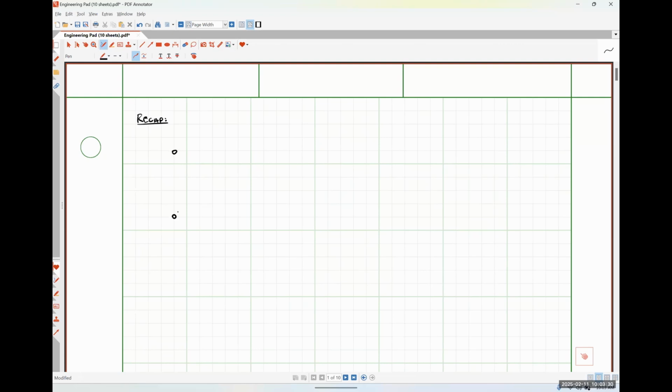Here were our terminals of our motor, across which we control this voltage V1. We have our stator resistance, which I'm going to call R1, our stator reactance, jX1,